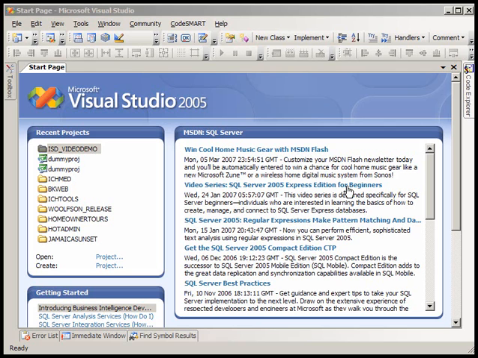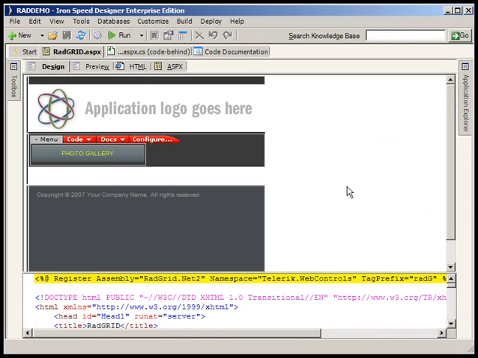leverage Visual Studio to speed up your development in Iron Speed, and how you can still augment some of the rich, super fast, RAD abilities of Iron Speed, and you can use these two applications side by side to accelerate your development process. To begin with, I've got an Iron Speed Designer sample application here that I've been working in, and